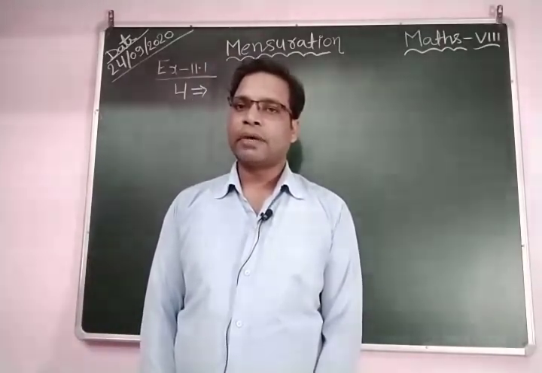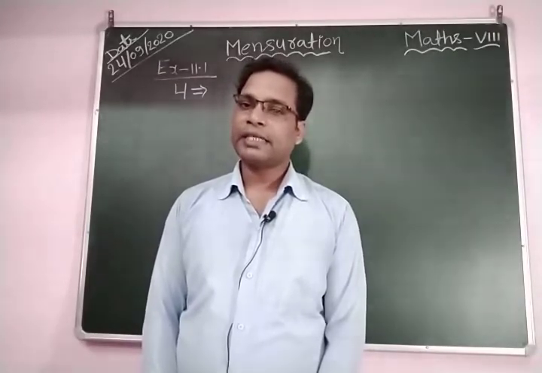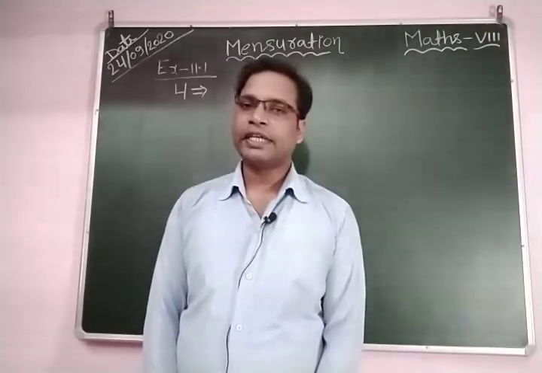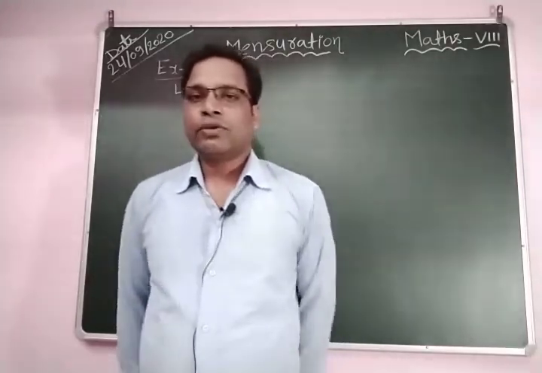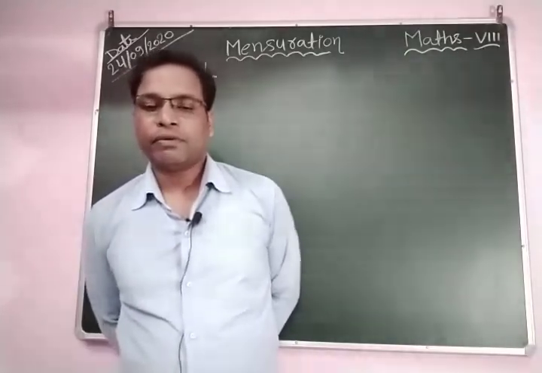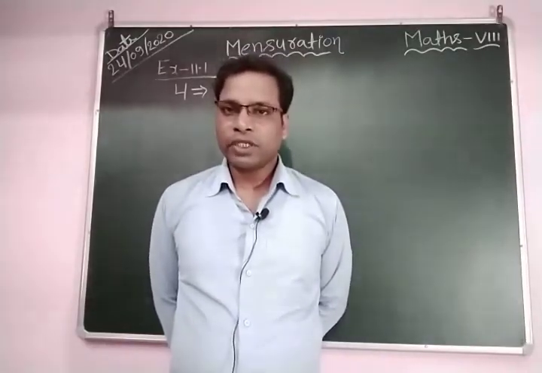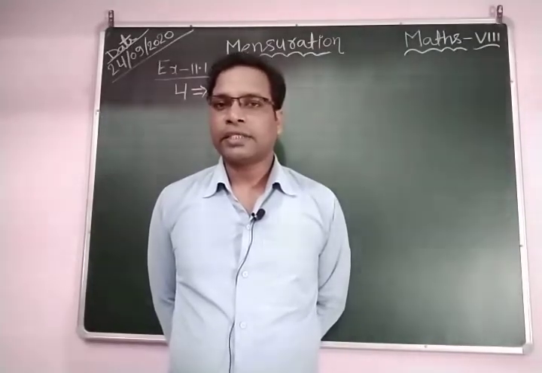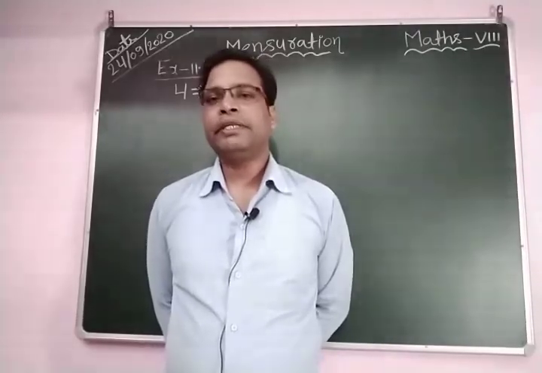This is a parallelogram shape, and the base of the tiles and the corresponding height of the tiles is 24 centimeter and 10 centimeter respectively. This is given. So here we need to find the number of tiles to cover the floor whose area is 1080 meter square. So one thing you observe here is that the side of the tiles is given in centimeter but the area of the floor is given in meter square.